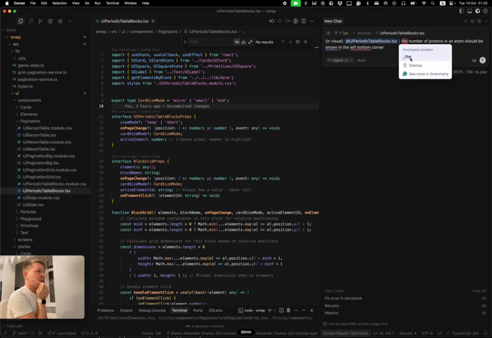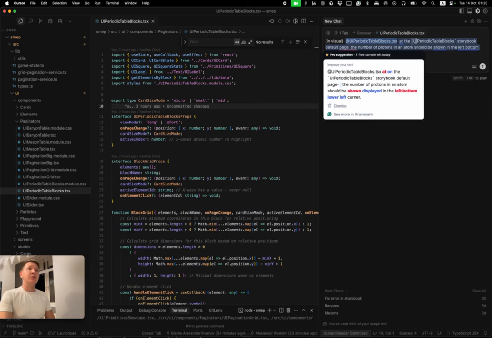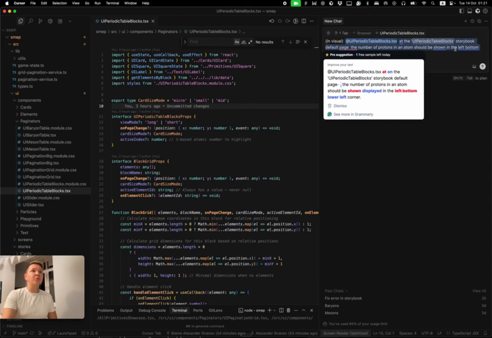At the UI periodic table blocks, storybook default page. Yeah, it loves to have those brackets for these technical terms. It will definitely understand even if there are no brackets or quotes, it doesn't really matter to it, but it's important not to name your variables with a single word or simple parameter.